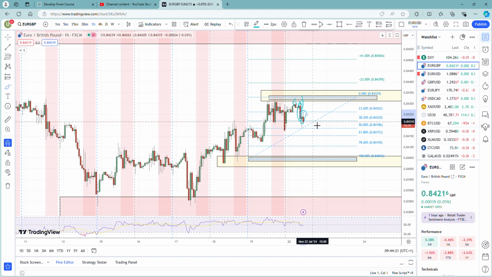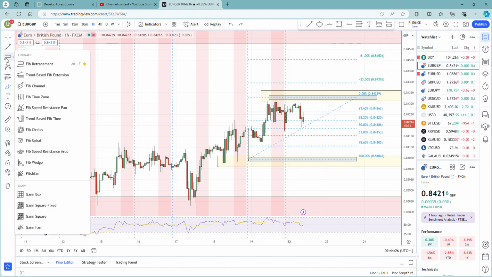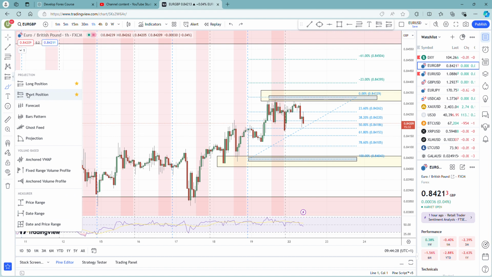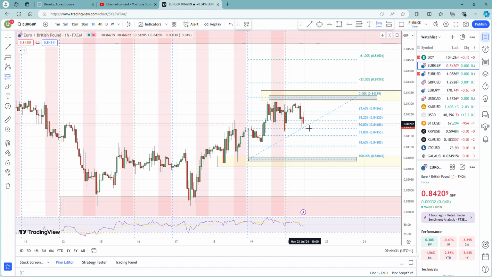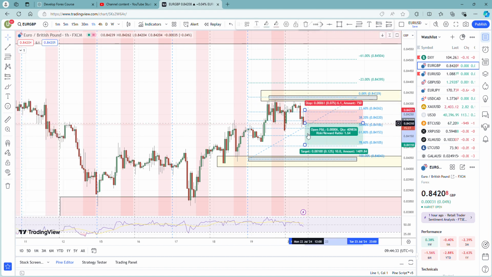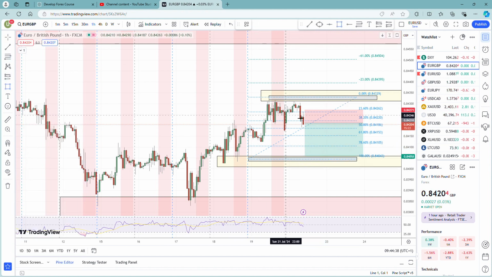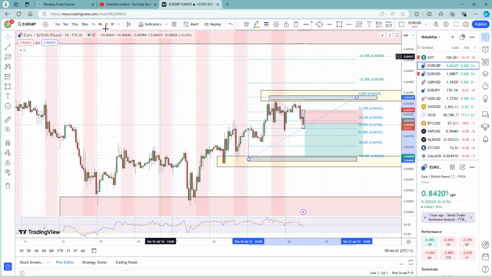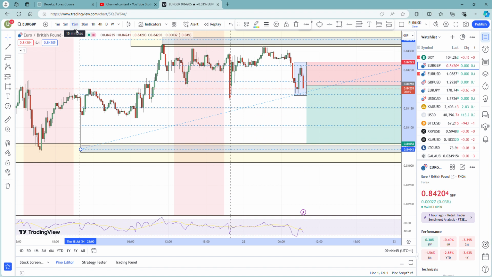So if I show you a live entry of me entering and how I would do it, get this short position tool out, put it on the H1 candlestick that you're interested in. We'd also highlight the H1 candle we're entering on, so it'd be this one here. And then to get an even better stop loss or an even more accurate entry, we're going to M15, and you can see the candle that you're interested in. So in this case, it would be this candlestick here,